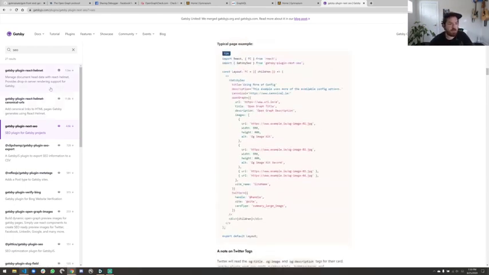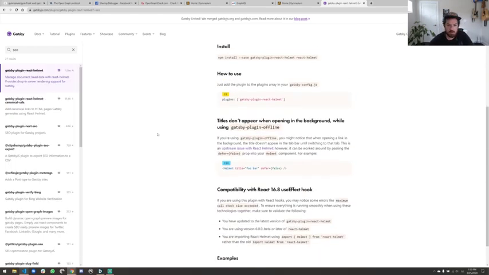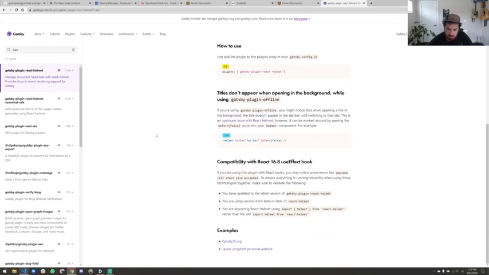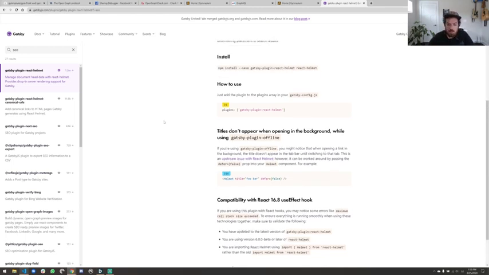This is probably pretty similar to the way Helmet implements their stuff. Titles don't appear when opening the background while using Gatsby plugin offline. Oh, you know what? Let's try that defer equals false.